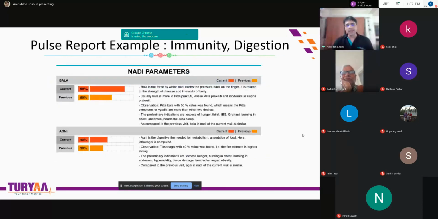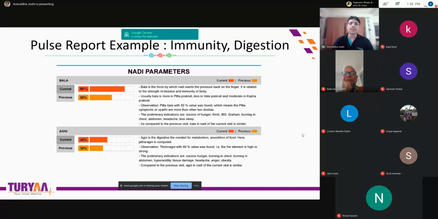And then there are various parameters. I'm going to explain a few. For example, the Bala parameter and the Agni parameter. Bala is Nadi Bala, I mean the volume, or the force by which the artery is palpated. It essentially talks about your Sharira Bala or immunity, or Rugna Bala about your disorder, the extent of disorder, and so on. The Agni parameter, essentially here we are talking about the digestive fire, or the Jatthar Agni. And I'm going to show you some interesting results in the next 4 or 5 slides with respect to Agni.